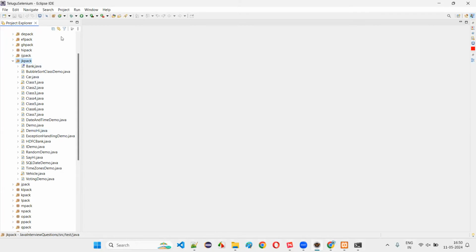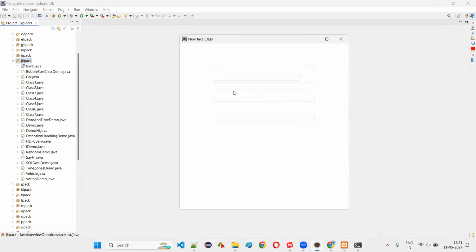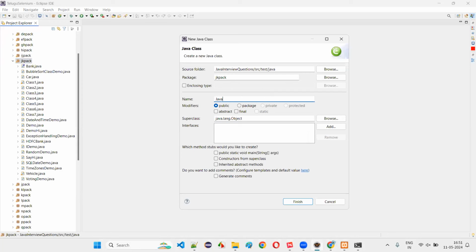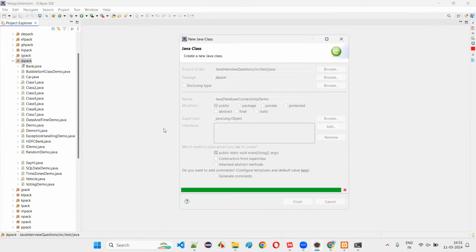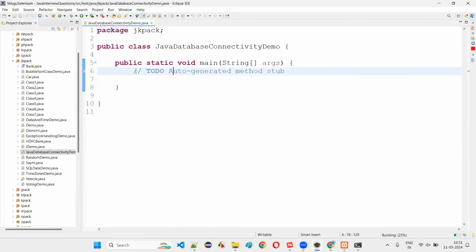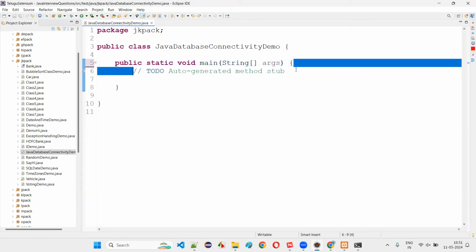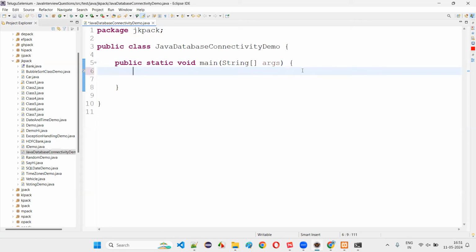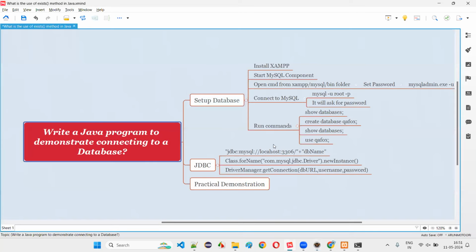So here, guys, I'll create a new class. Right click on the package and select new class. Name this class as Java Database Connectivity Demo, with a main method. Okay, Java database connectivity demo with main method you create. And once you create that, inside the main method, you write down like